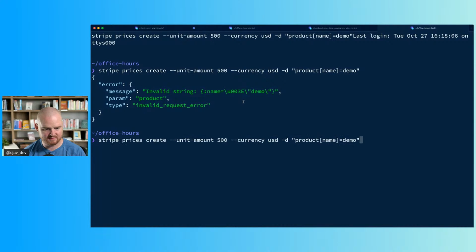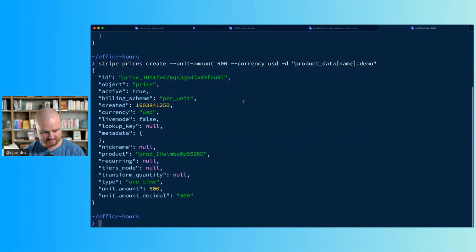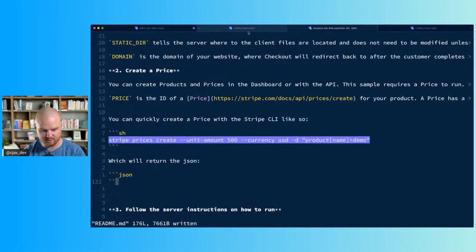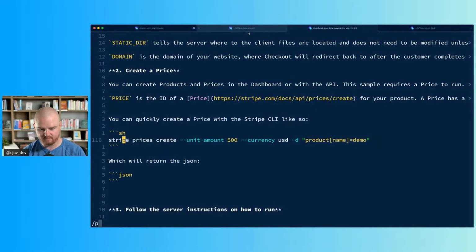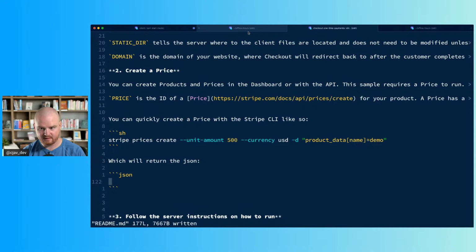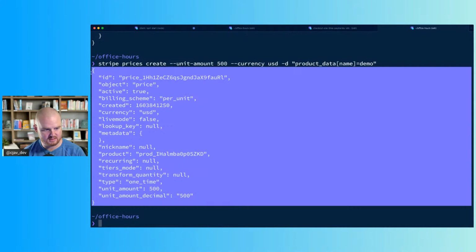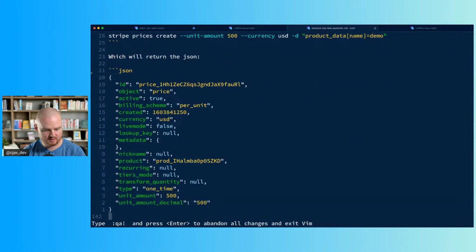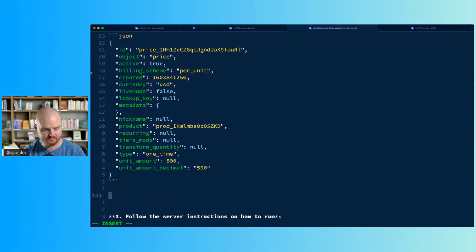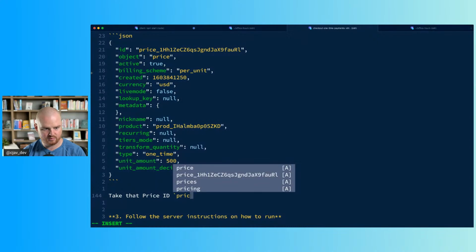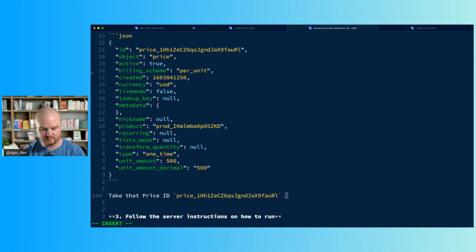Invalid name demo. Product name. Prices, product data. So that should be product data. And then the JSON that's returned is this stuff. And take that price ID, price 1H, blah, blah, blah, and set